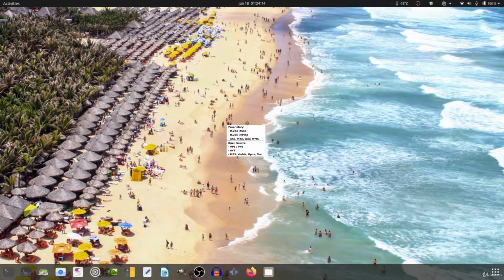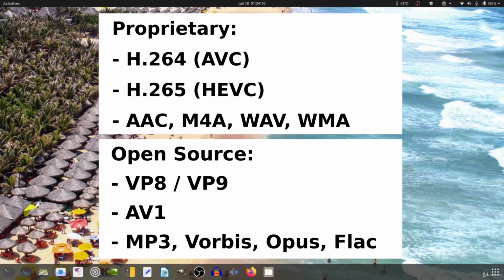In the case of the MP4 encoders such as H264 and H265, they are proprietary encoders, either the NVIDIA version or any other company's version, for example the Matroska version, but we also have the open source or free encoders